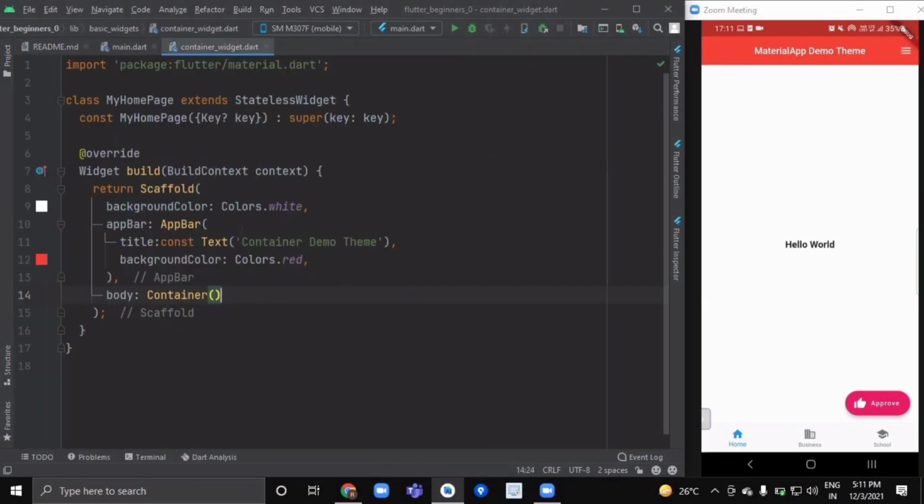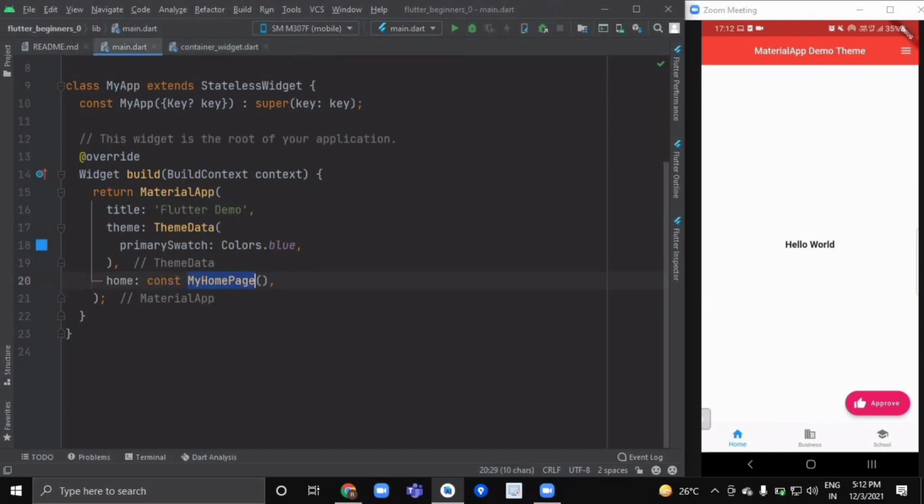Over here, first of all, import the material.dart package, so all the errors will be gone. After that, all the previous code of our scaffold widget should be removed, just for simplicity of understanding. Only keep the AppBar attribute, and inside its body just return an empty container widget.